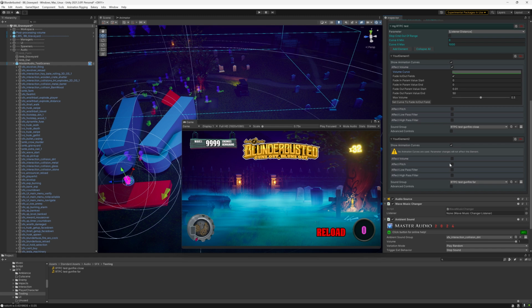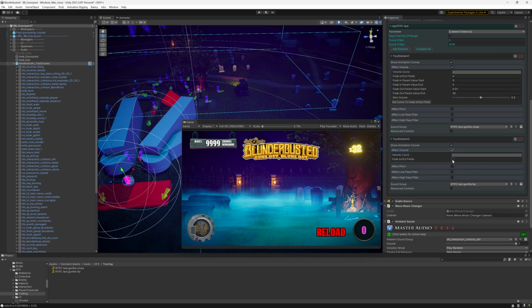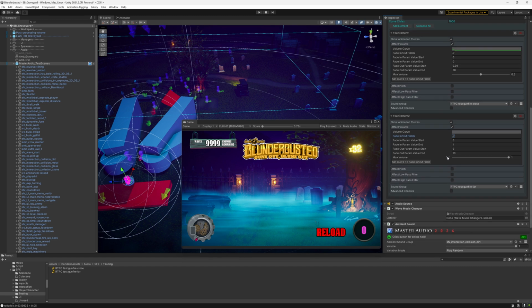Now let's adjust the fade-in for the distance sample. With testing, we know we want the far value to be 200 units for our project. Again, we set the fade-out end first. Then we adjust the fade-in distance so before the close sample has faded out fully, there will be some overlap